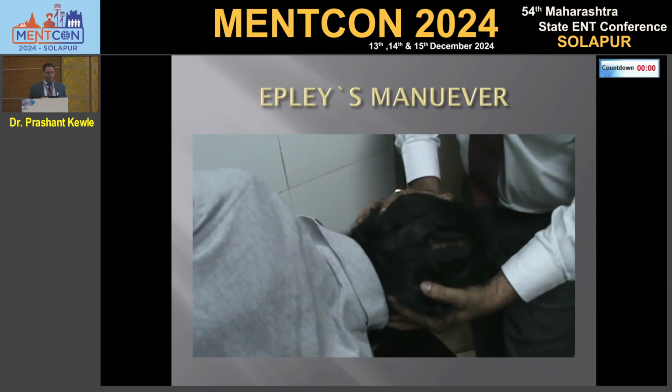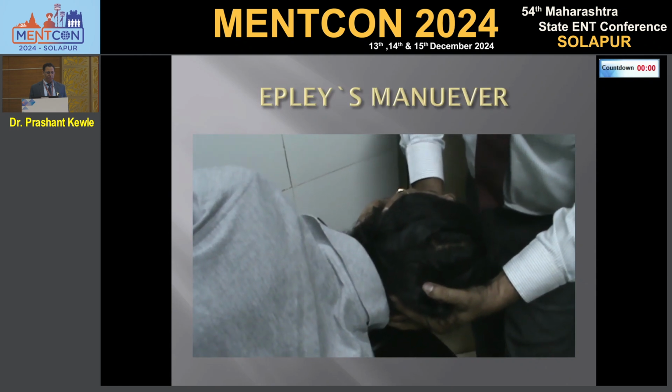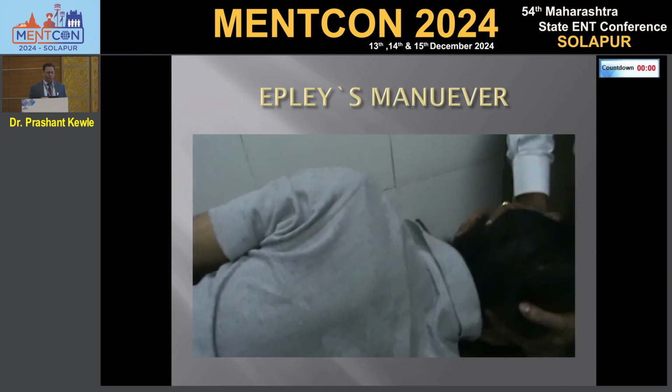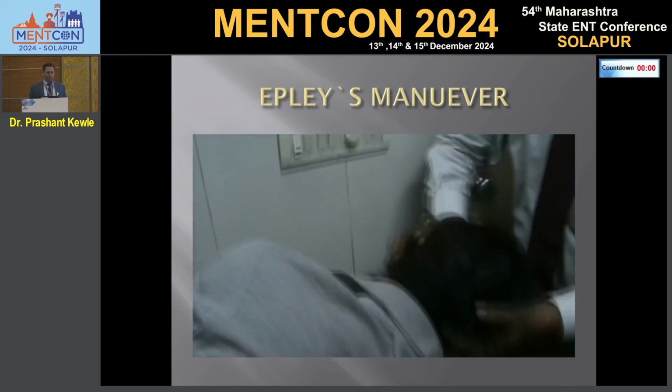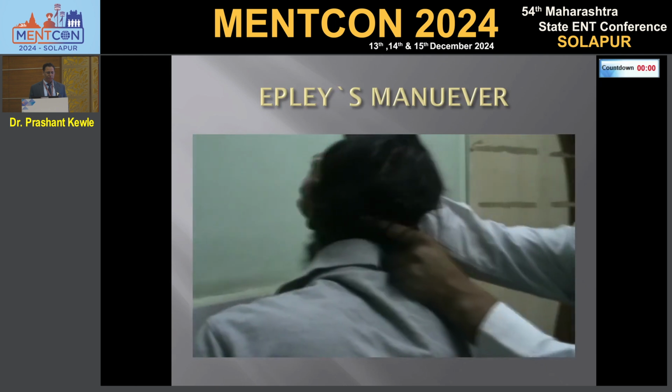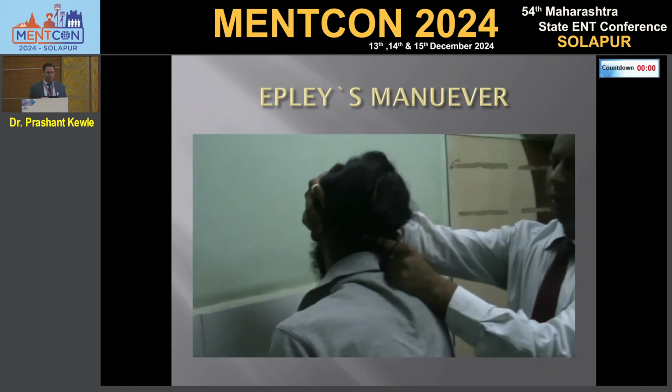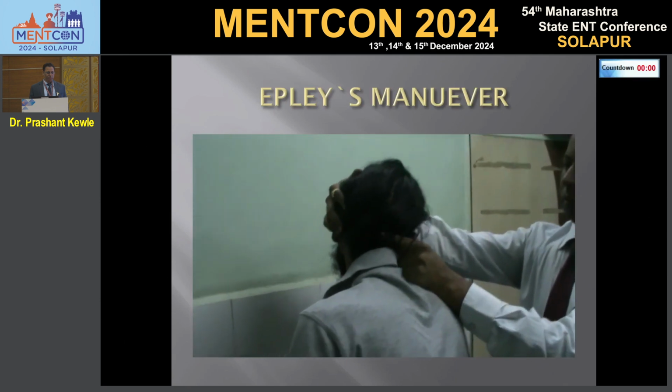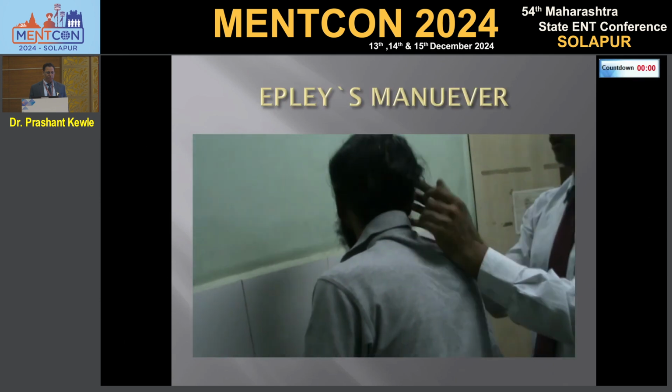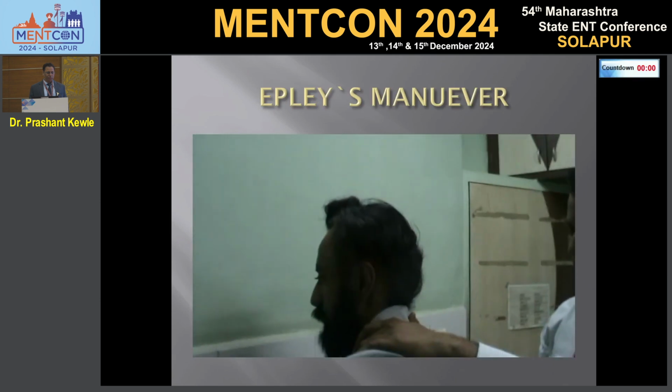I think I'll go for the further position. It will be like this: you have to sit up like this, and the neck position will remain the same. Keep the shoulder, and then you get up, so the particles will not go and attach to the crus commune side. Again hold the head after coming up. I'll show you in another case the importance of holding the head.